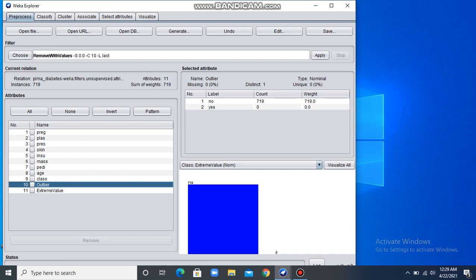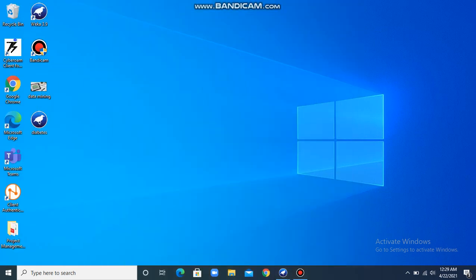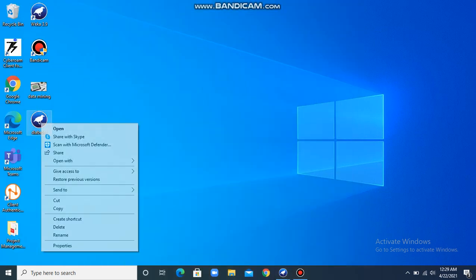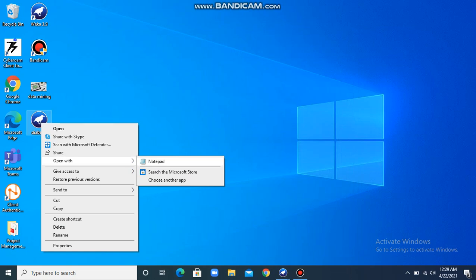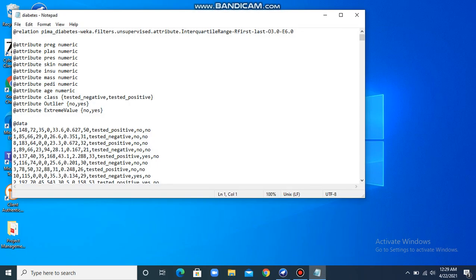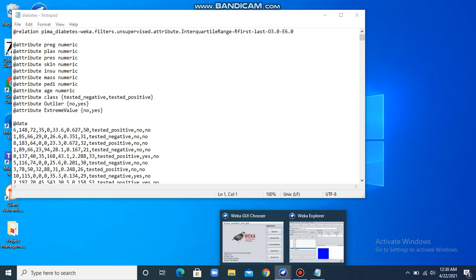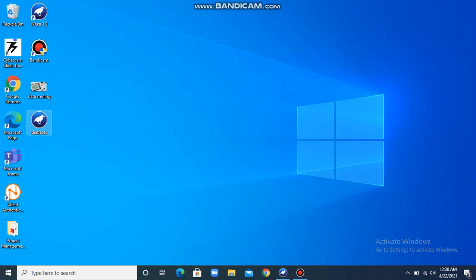The similar thing can be checked with your file now. So you can see that now all your files, I'm extremely sorry, I need to save it again first. This is not the file which I have saved. This was the previous file.